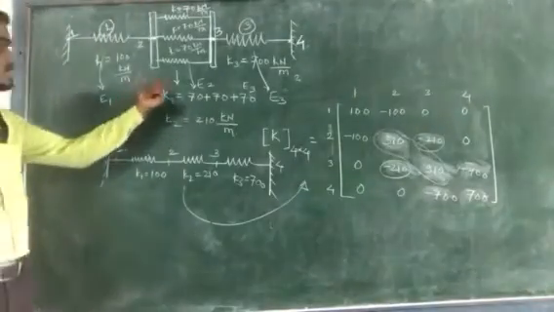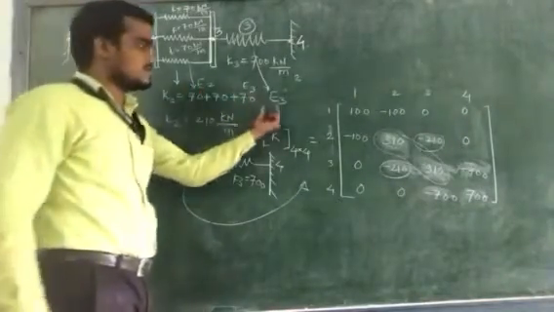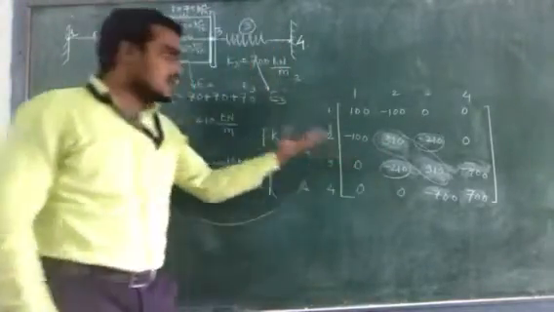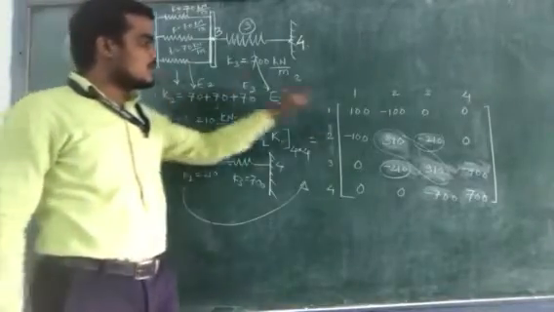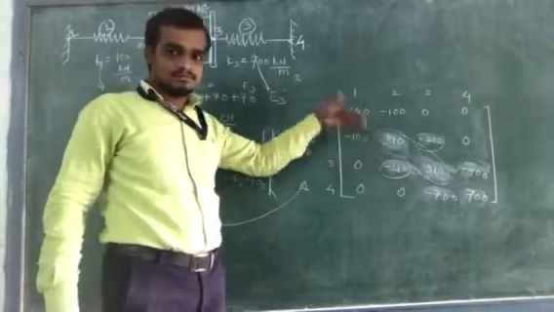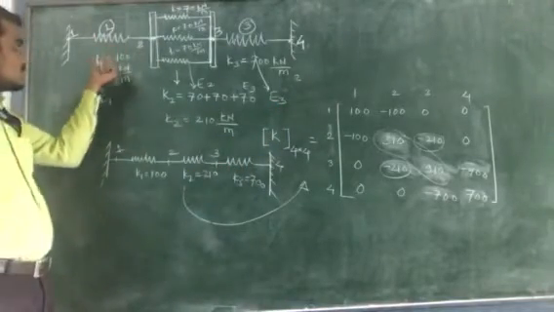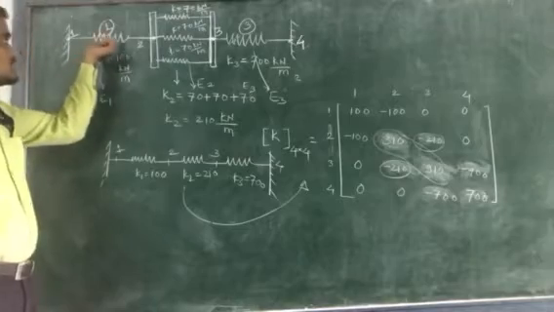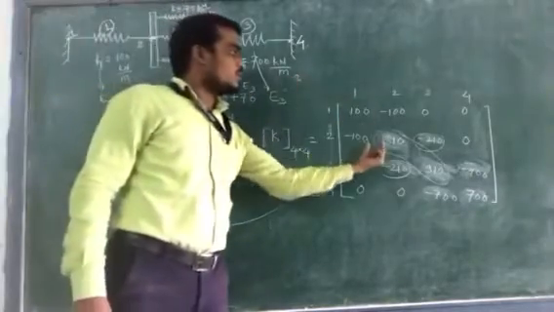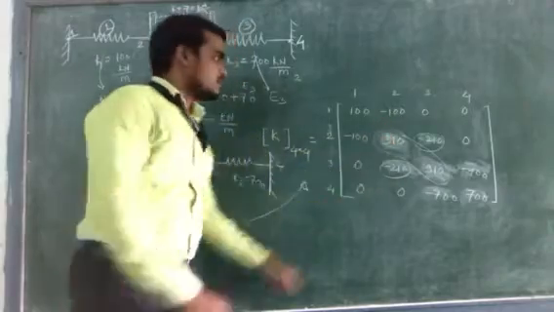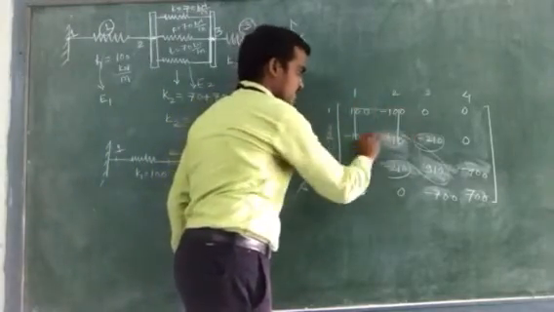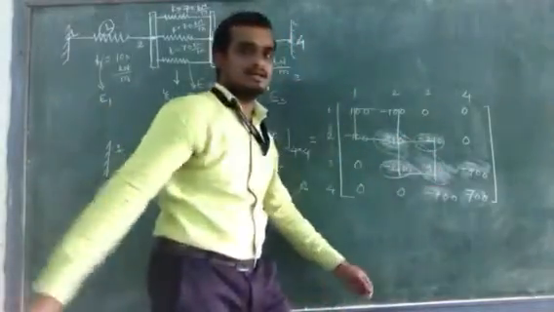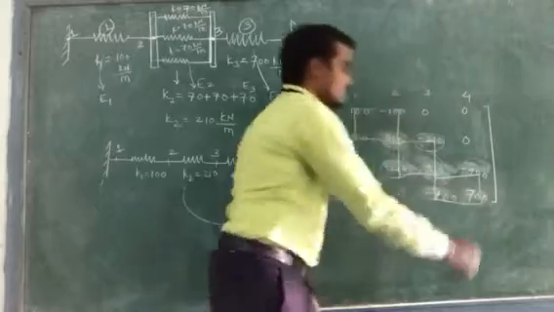By using these elemental stiffness matrices, we constructed our global stiffness matrix in this way, meaning how to position the elemental stiffness matrix over the global stiffness matrix. For example, this element E1 is between node 1 and 2. So its position should be between 1 and 2 over this global stiffness matrix, which means this block will contain your first element. Similarly, this block will contain your second element, and this block will contain your third element.